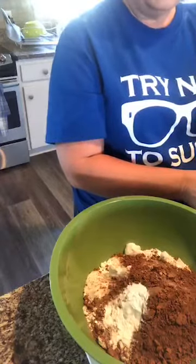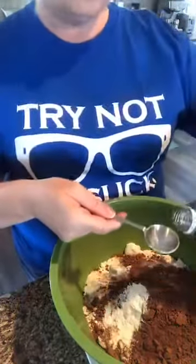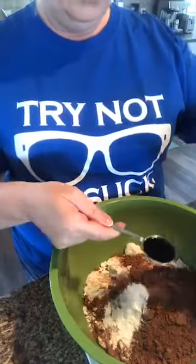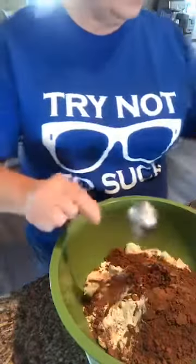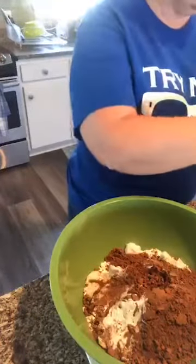So this is such a nice cake. It's kind of vanilla-y, it's kind of chocolatey, it's kind of amazing. So there's that. You know, I'm gonna grab this little bowl real quick. Okay, I'm also going to dump in